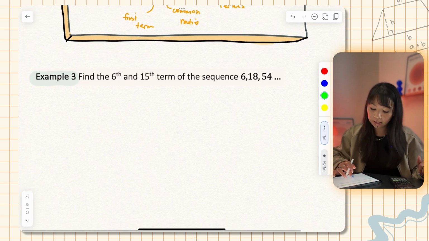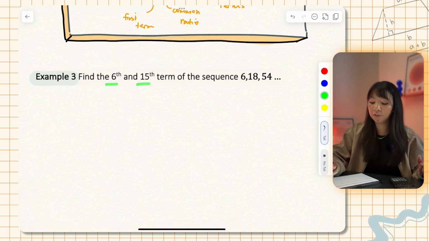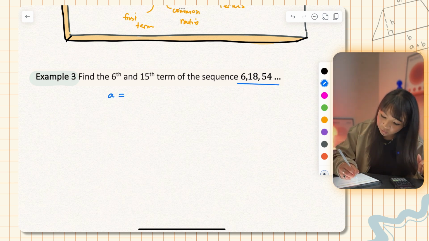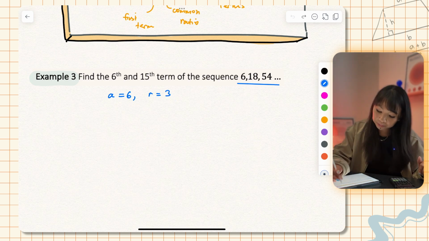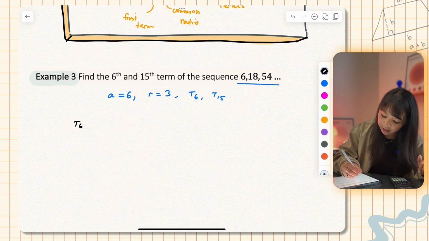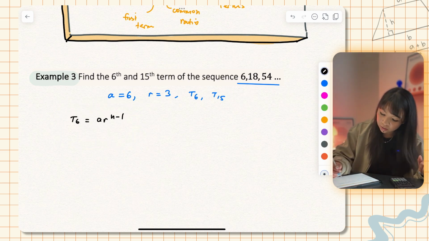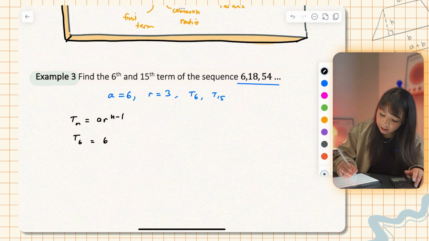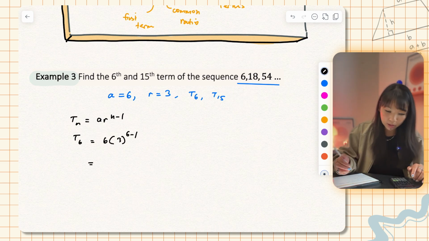So let's start. Example 3, find the 6th and 15th term of the following sequence. So in this sequence here, I can see that our first term is 6, our common ratio is 3, and our job is to find T6 and T15. So first, if I want to find T6, we're going to use Tn equals A R to the power of n minus 1. If I plug in to find the 6th term, I'm going to get T6 equals A, which is 6, bracket 3 to the power of 6 minus 1. That's going to give us